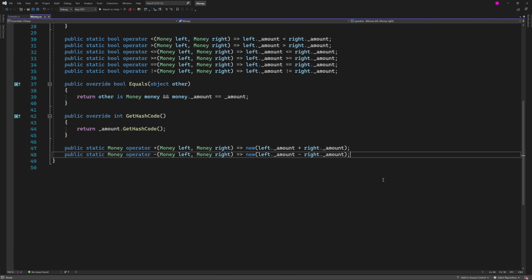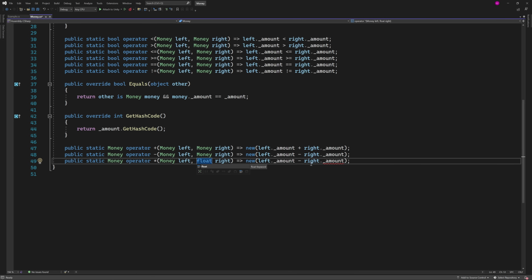We can also overload the multiplication operator if you want to multiply our money value by a float. This can be used if you want to calculate discount percentage for merchants based on reputation, commission charges, or repair costs, for example. So this time we need to convert the result to an integer, because the result of multiplying by a float is a float, and we are interested in an integer. So we can either do a cast to keep only the integer part, or do a round to int to have the result rounded and converted to an integer.